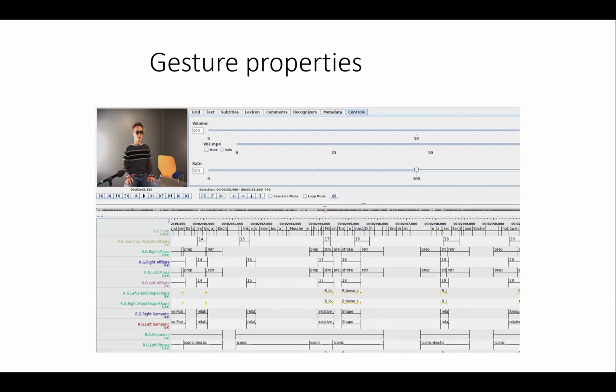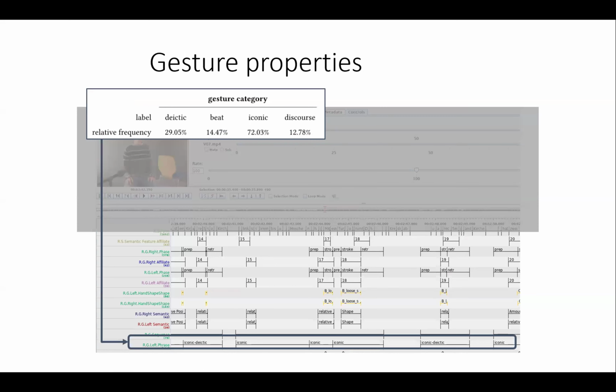And it's a richly annotated data set. It's probably the best annotated data set, at least that we're aware of. So it has the gesture categories. So is it a pointing gesture? That's a deictic gesture. Is it a beat gesture? So beat gestures just kind of keep timing with the audio, but don't really have any meaning. Is it an iconic gesture, which creates a sort of representation of something? Does it modulate the discourse?